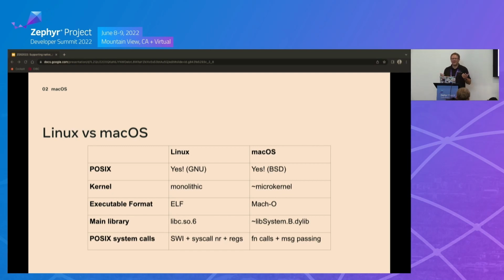macOS uses, I don't even know if I'm pronouncing this correctly, Mach-O, is that how everybody calls it? Is it Mach-O or Macho? I don't know. I'm going to say Macho because it's easier to pronounce. And then, of course, the main library. In Linux, of course, we have libc. In macOS, we have